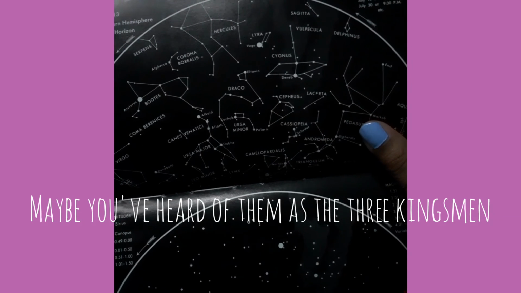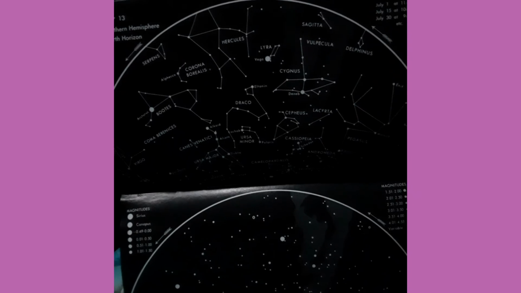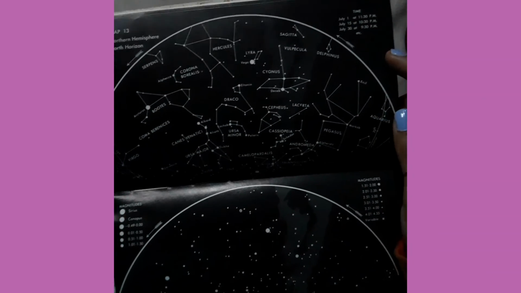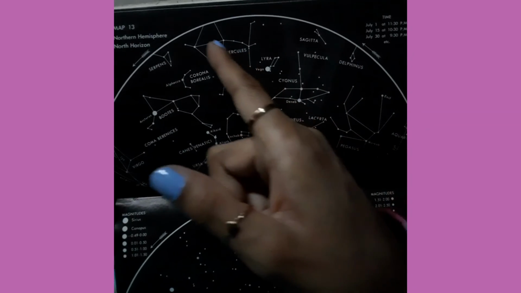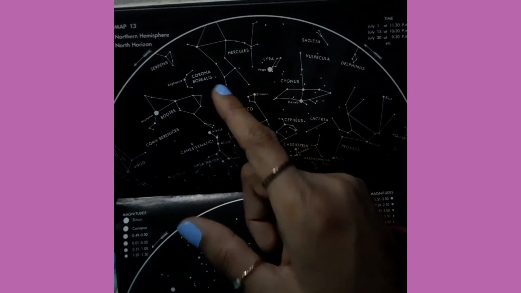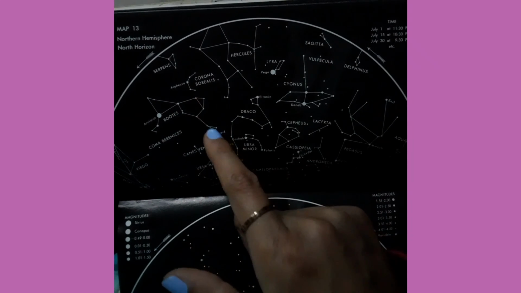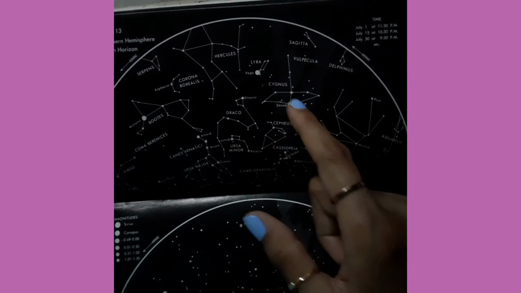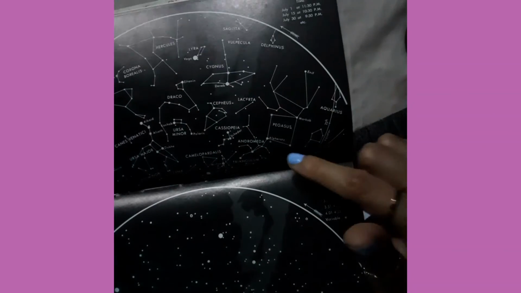Also, what else did I want to say? Okay, so I just wanted to show you the rest of them, just show you what they remind me of, or what they look like to me. So Hercules, yeah, he looks like a man holding that bow and arrow thing. And then this Boots looks like a human on 4s. Cygnus looks like a pterodactyl sitting on the floor with a long neck. And that's pretty much it. This looks like an upside